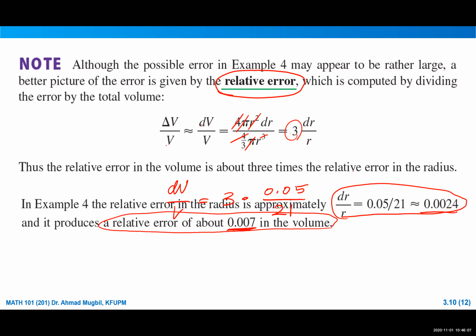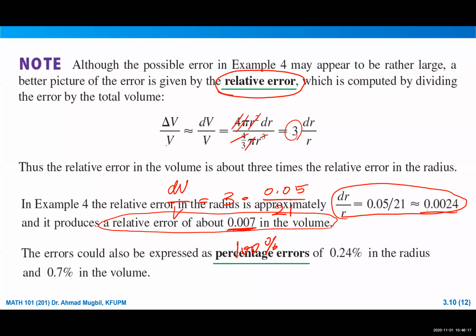So it is a small amount if you compare it with the huge, or with the original volume. To make it more clear for you, you can make it a percentage. How to do that? Multiply by 100%, here or there. So if you did that, you are calculating then the percentage error. The percentage error here, if you multiply by 100, it will be